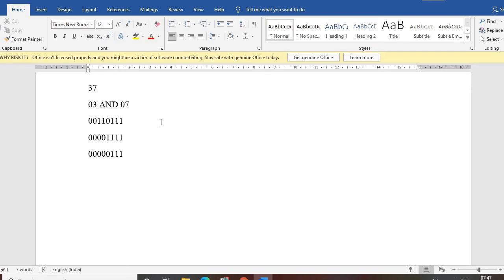That means from this part we can get 07. But look at this, if I do this, my 37 is not here, it is gone. So I have to save 37 for further use, because we need the 3 also separately. So for that we have to save this 37 in another register, so that again we can get this 37.